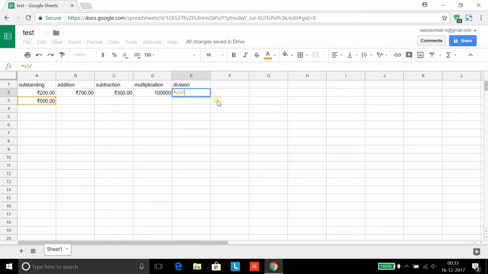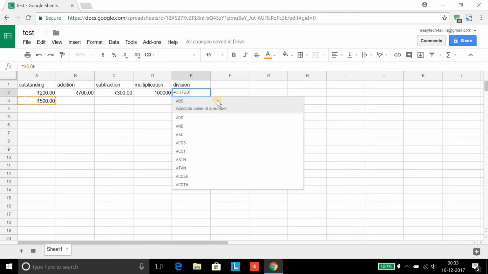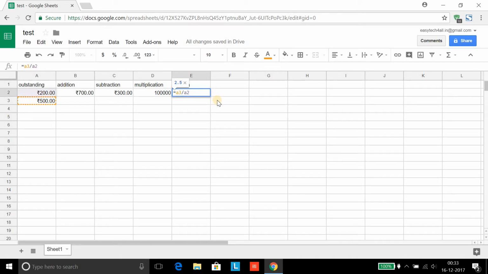So A3 divided by A2 equals, so there you go. So similarly you can do your calculations. Okay, one more thing I need to tell you is, once you have done this, because there are many other